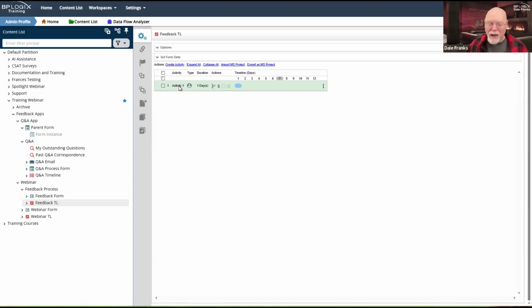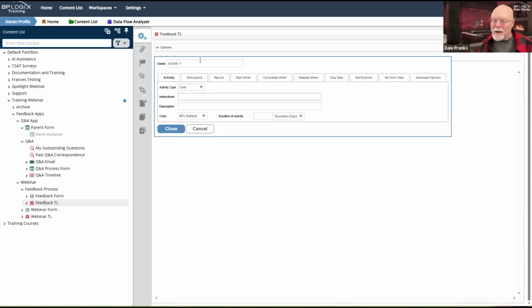Remember, the form is blank. It just gets attached whenever the process starts. So in the real world, the very first thing I need to do is assign a task to the timeline initiator, which is to show him the form so that he can fill out his feedback. Once they have added that feedback, I'm just going to go ahead and call this add feedback.